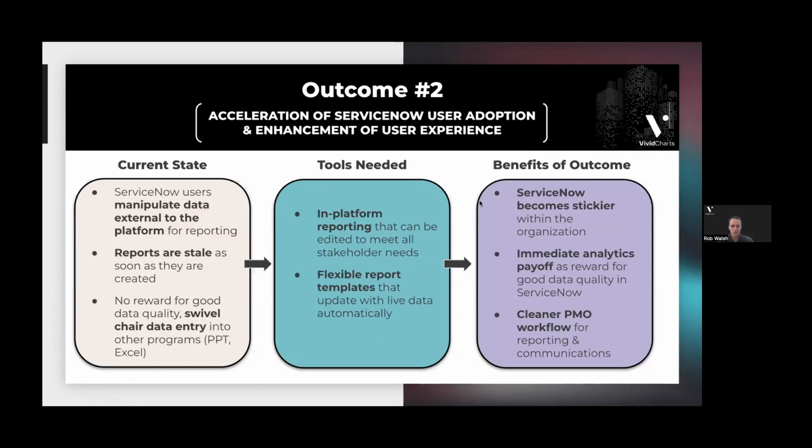So let's step to outcome number 2, acceleration of ServiceNow user adoption and enhancing the user experience of the platform. And this is one that was actually a surprise to us. When we started with this process area in the ServiceNow platform, we were hyper-focused on just saving the resources' time. If you can give project managers time back in their day, that's a win, and that's enough right there. But what we actually found is maybe more impactful when you do automate that process for the user is you're going to incentivize them to actually adopt the platform that you've invested so much in by giving them a better